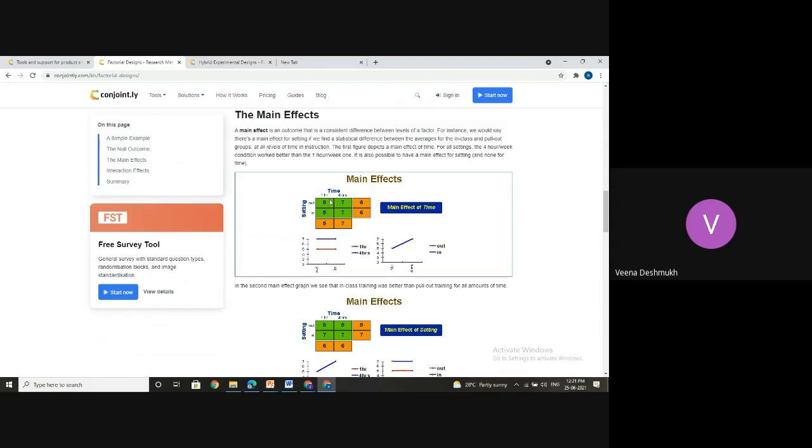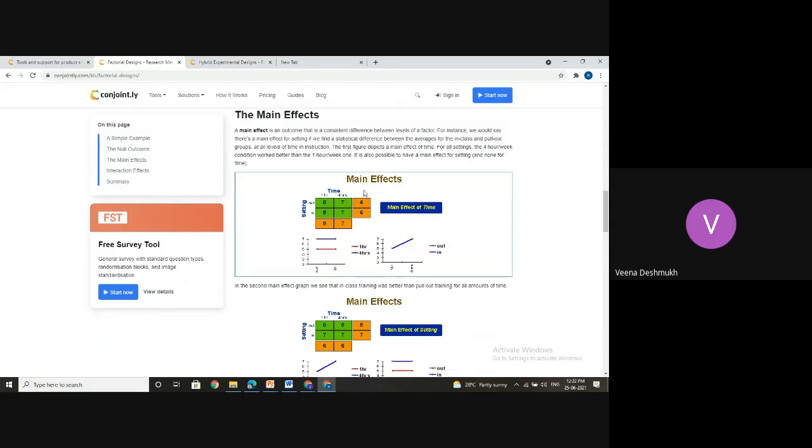You can see from these 4 cells where the students have undergone 1 hour of teaching, 5 is the score. Whereas the students who have undergone 4 hours of teaching, the scores are 7 and 7. This shows that whether you have taught inside or outside, that has no effect. That means you are ruling out one possibility, one variable, where inside or outside teaching has no effect. So the average scores are 6.